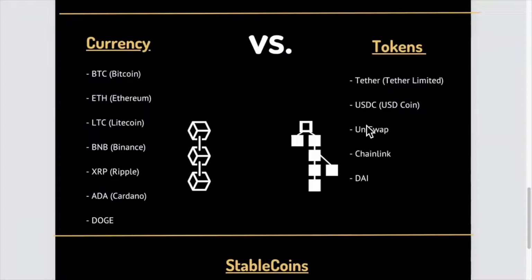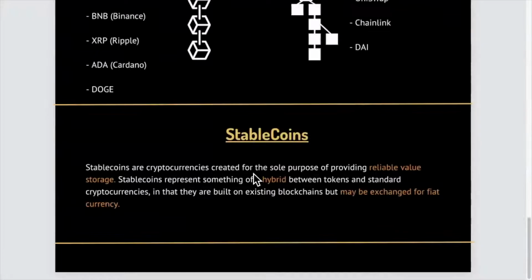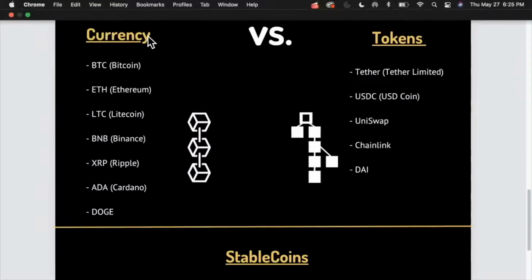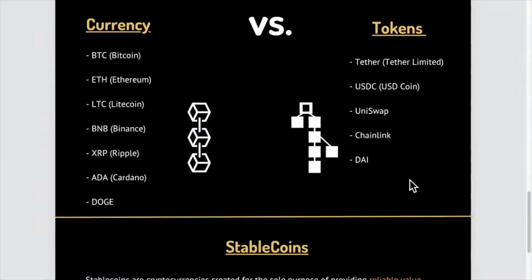So these were not issued directly from any of these blockchain networks. Instead, they were built by independent developers on top of these networks to act as a second layer to do completely different things than what the main network was meant to do. But there's a whole other sector of cryptocurrencies referred to as stablecoins. These are neither currencies nor tokens, but actually somewhere in the middle.